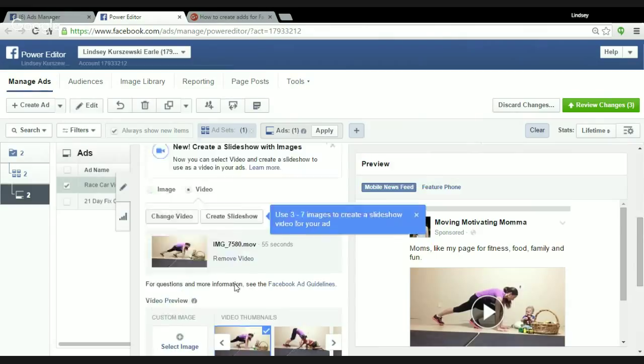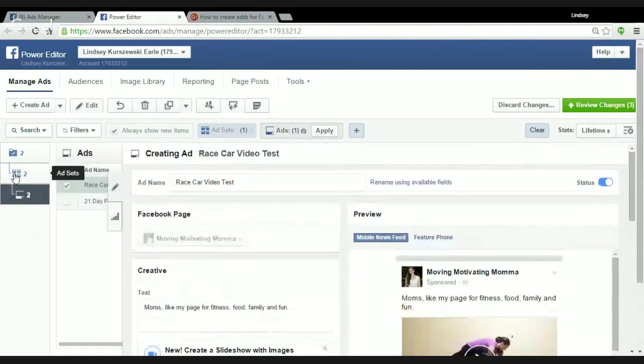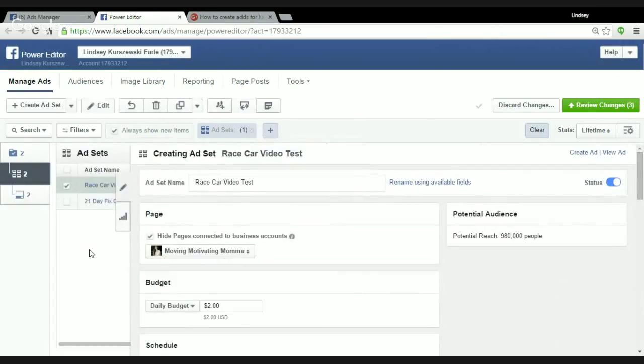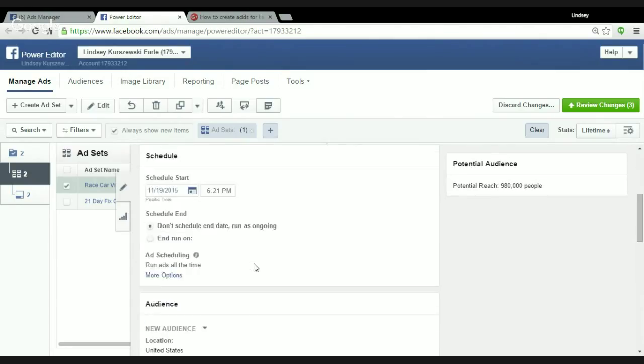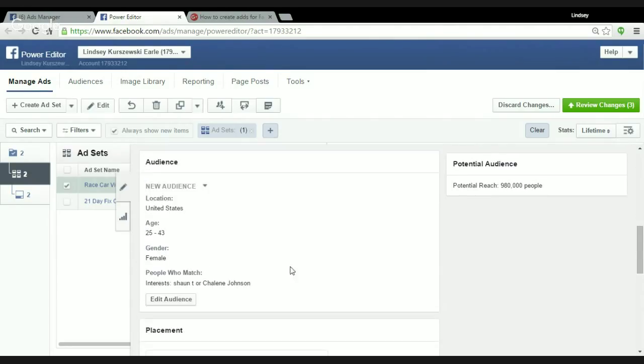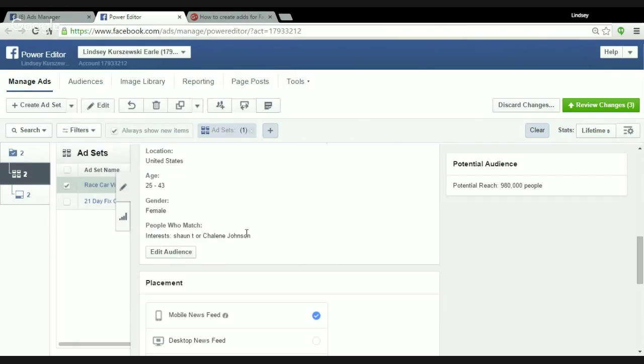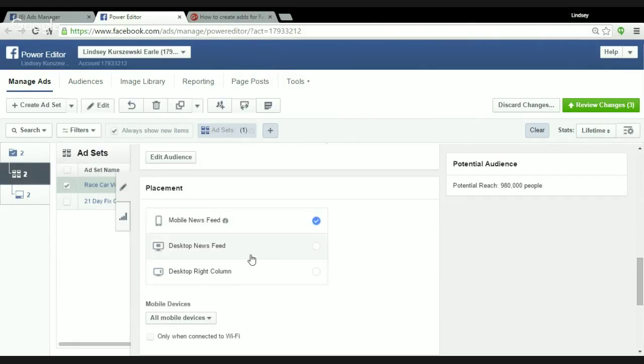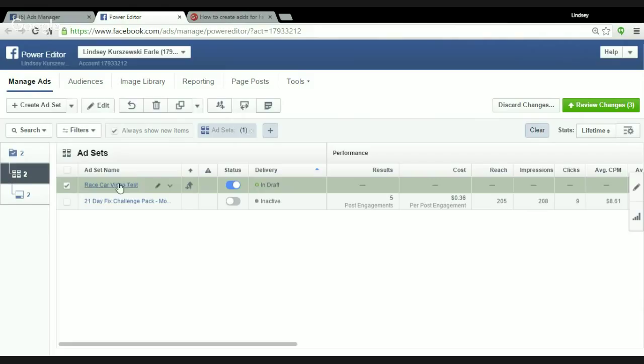So this is the first ad that I've created, right? If we go back in the ad set, you'll be able to see my daily budget, the page, Moving Motivating Mama, my audience, Shaun T or Chalene Johnson, and a mobile news feed. All right, so we're going to stay here at this ad set level, and I have the race car video